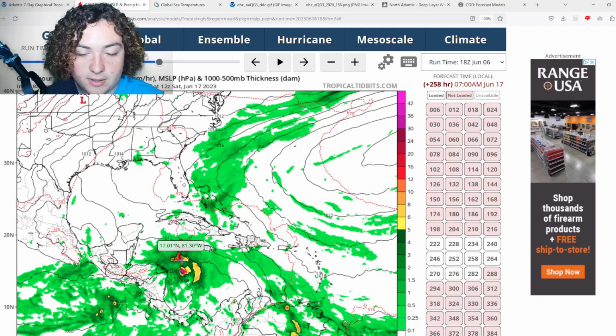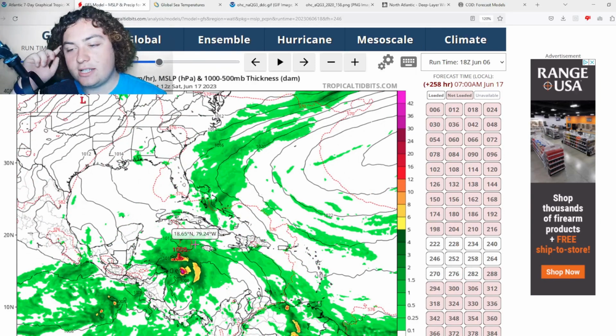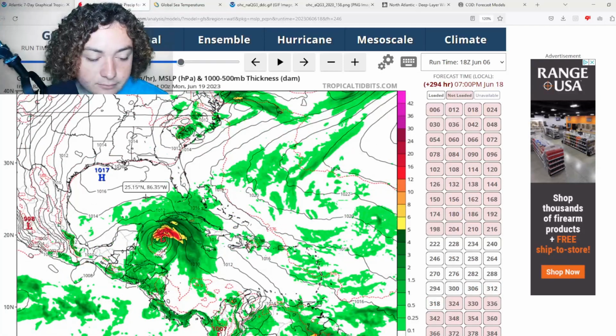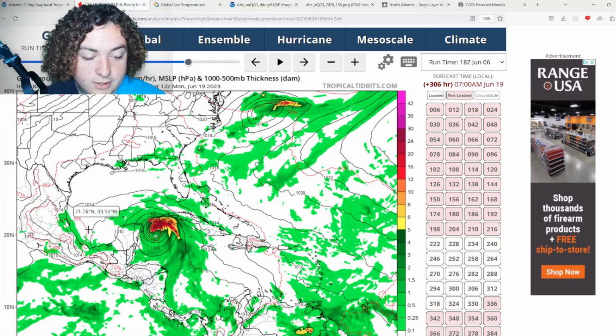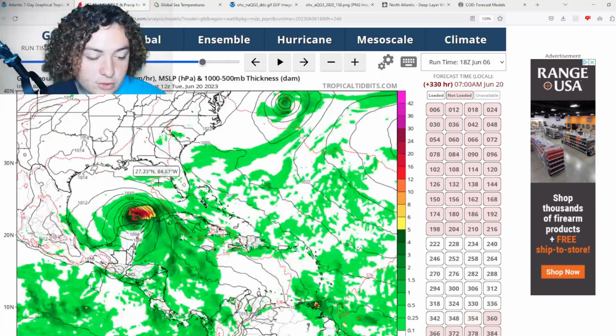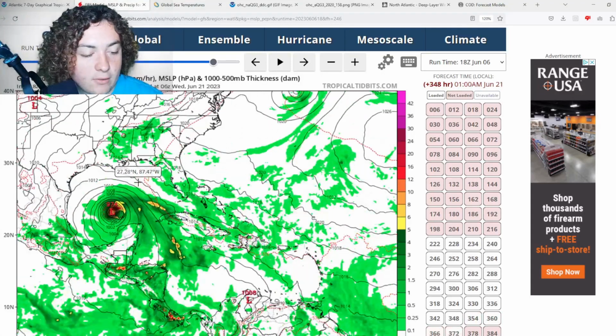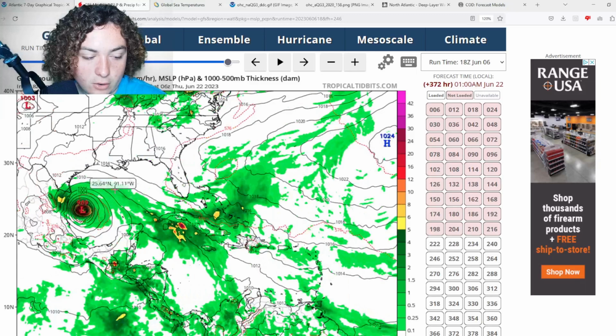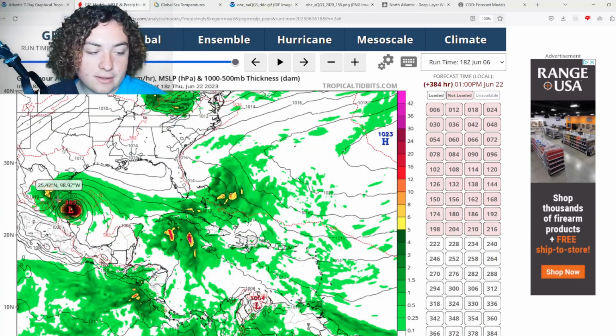You start seeing something developing around the 16th, 17th of June, and you start seeing this organizing, developing, and strengthening into a hurricane as it's crossing between the Yucatan and Cuba right there. And then this starts strengthening into a Cat 1 hurricane right here. This thing then moves hard west towards Mexico, continues strengthening, and potentially makes landfall as a 960